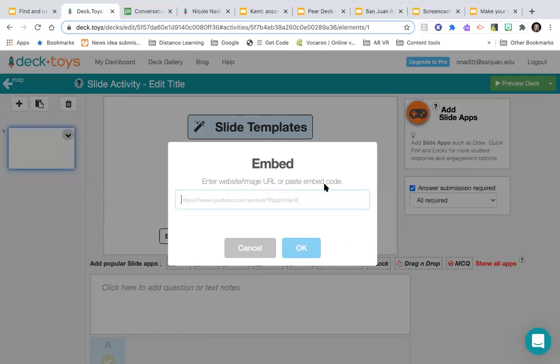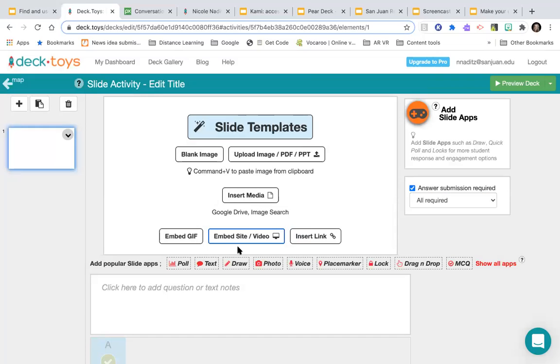You can also get the embed code in YouTube. But if you have a video from another site, you can put that link here. It doesn't have to be YouTube. If you have a video on your hard drive,